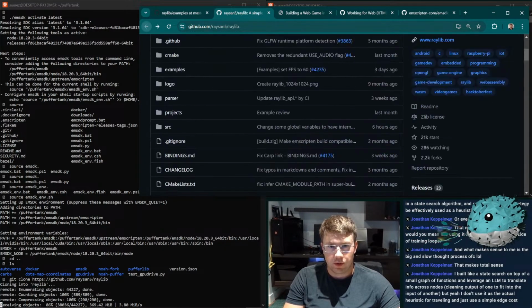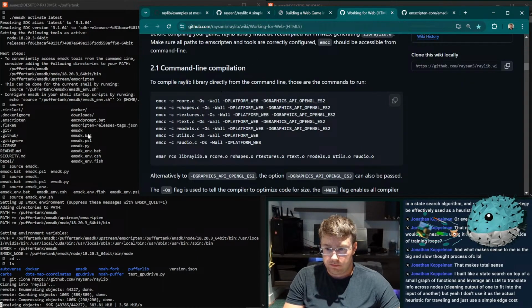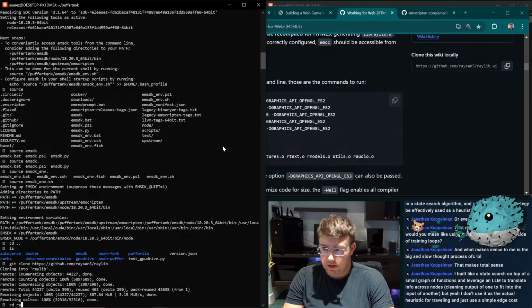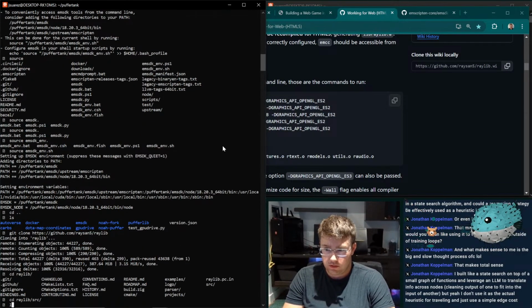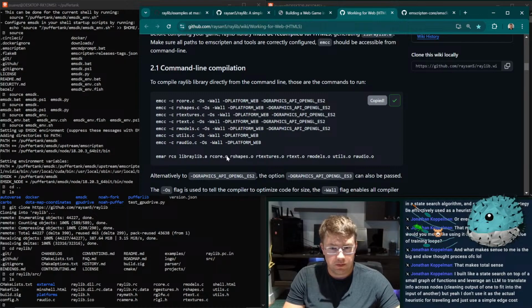Okay, so this is where the directory is to run this from. So we just go into Raylib source, and then I guess I just run all of these, right?